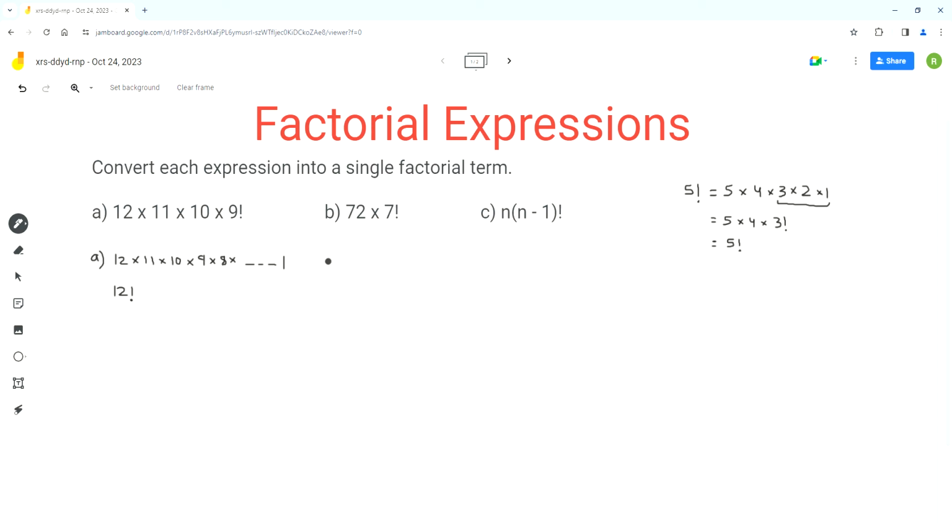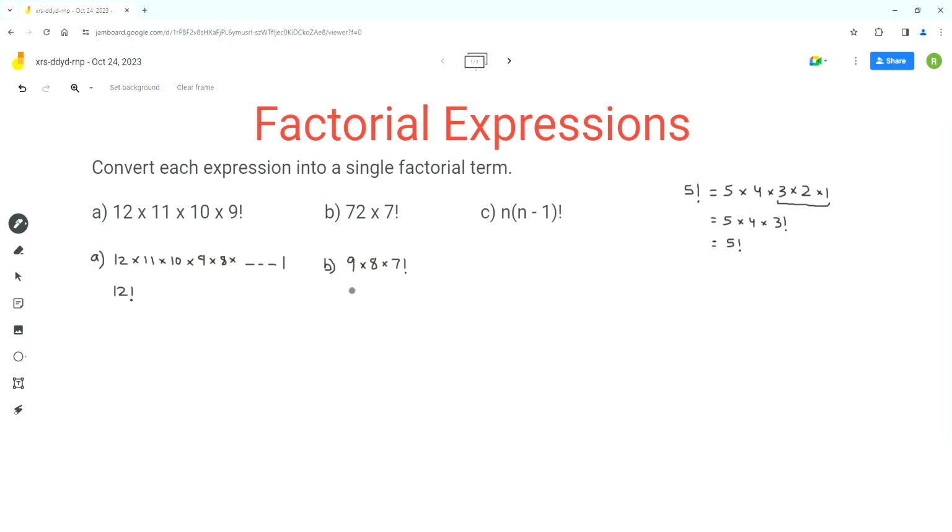So now let's try part B. Now here we are given 72 times 7 factorial. Now we have to check if we can break down 72 into whole numbers greater than 7. So we know 9 times 8 is equal to 72. So we can rewrite this expression as 9 times 8 times 7 factorial,